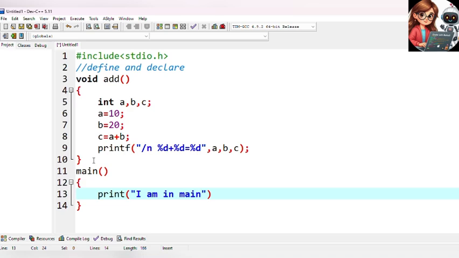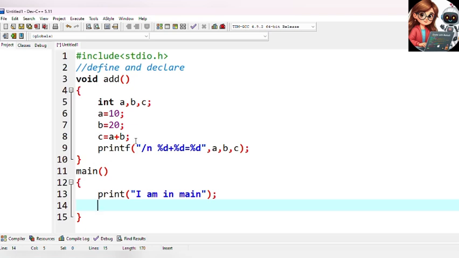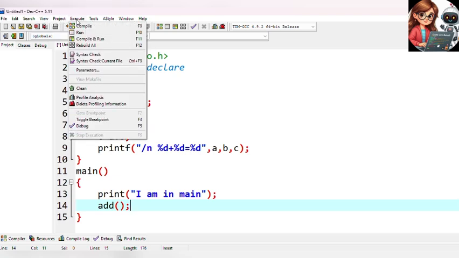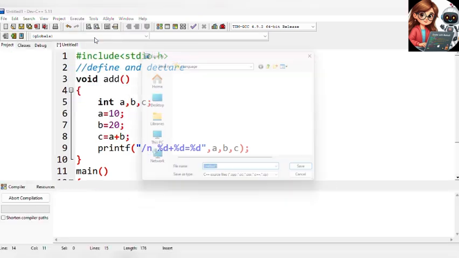Okay, so now we are going to call this add here in this main. Now let's run this program and see what happens. Okay, execute, compile and run.